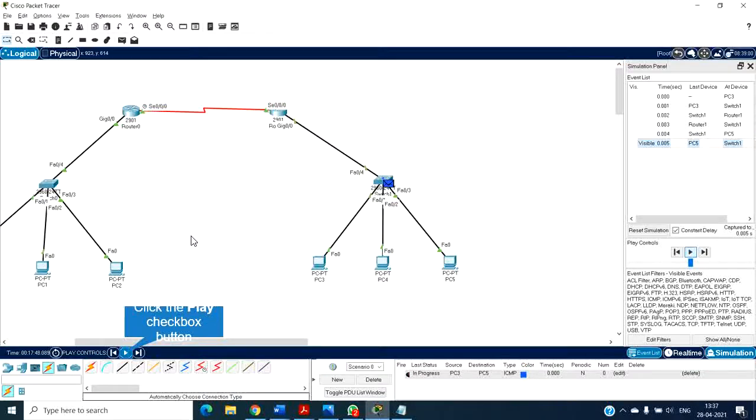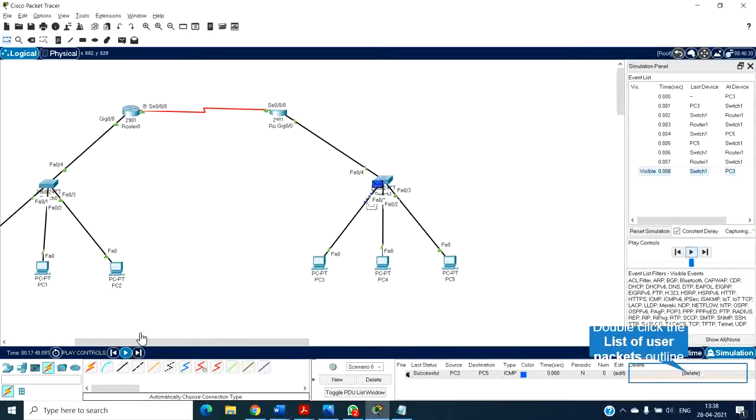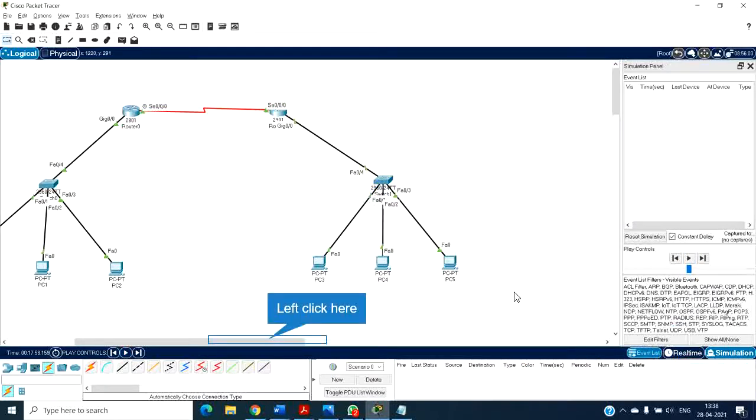From switch again to serial. I'll fast forward a bit. So this is the second scenario wherein we have two different subnets, or various subnets, in one particular network through which it is going to be traversing. So the need for a router, I think I have made very clear.